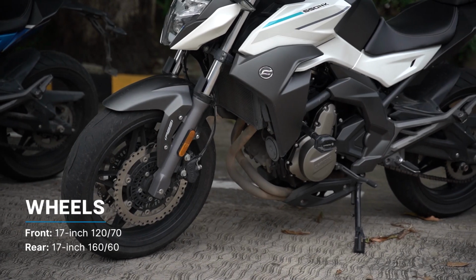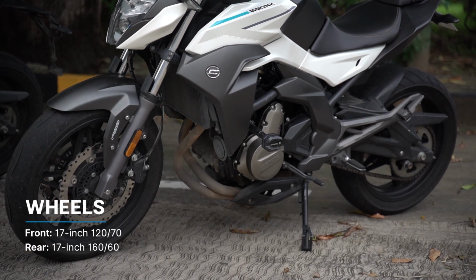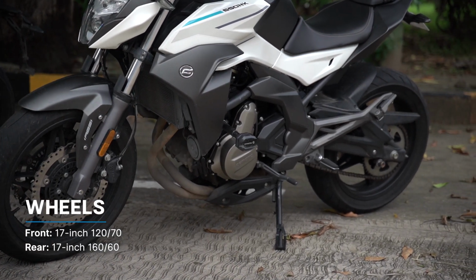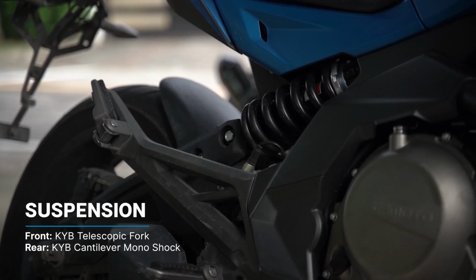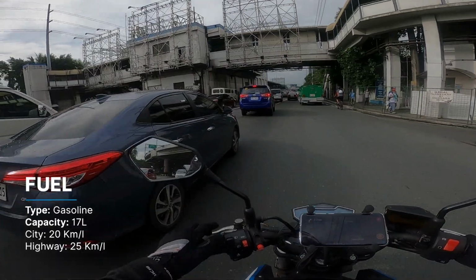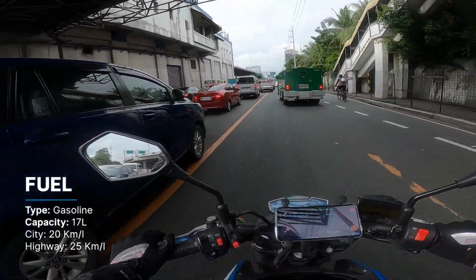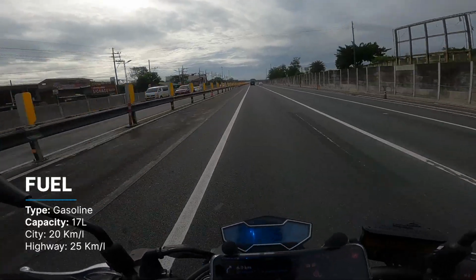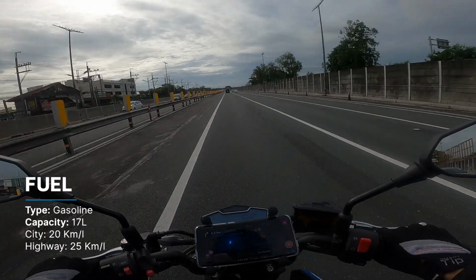The front wheels and tires are 120 by 70 on 17s, while the rear is 160 by 60 on 17. You get KYB telescopic forks in the front, and also a KYB rear cantilever monoshock. The fuel tank can hold 17 liters of gasoline, and you can get about 20 kilometers per liter riding in the city. On the highway though, expect figures around the 25 kilometers per liter range, depending on how heavy-handed you